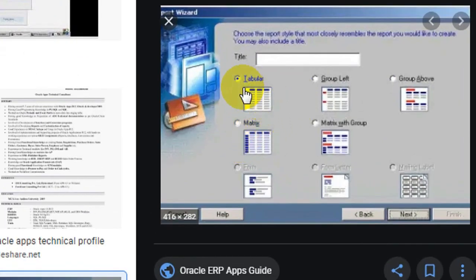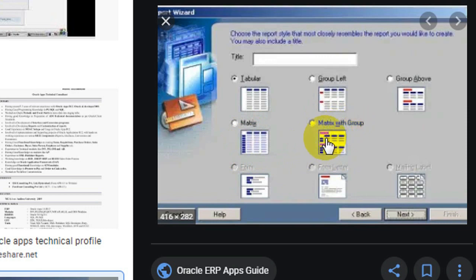You notice that there is some predefined format provided by Oracle to the software developer to develop the report. This is a simple tabular format data as you usually see in Excel. This too is the matrix data. This is a simple matrix, one header at the top of the sheet and one header at the left side, and this is a complex matrix, maybe one or more than one header at the top of the sheet and some headers also in the left side column.